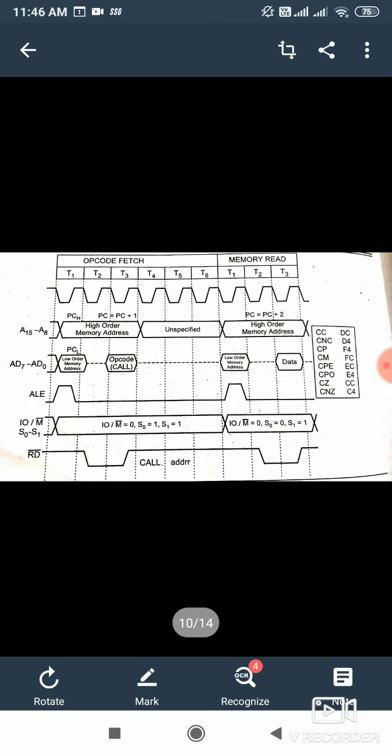When the condition is not satisfied, it will take only the opcode fetch and the first memory read, just to check the status of the flag. If the status of the flag does not meet the given condition, then the condition is invalid and it will not move ahead. The program counter is just loaded with the program counter plus 2.